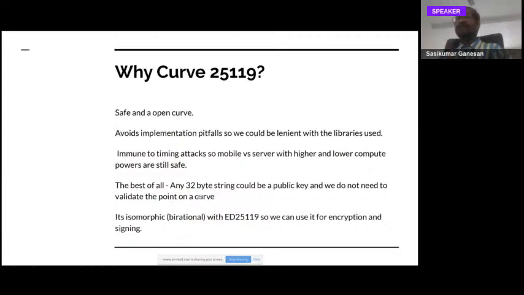And the other factor is there are also quite a lot of curves in ECC. Unlike RSA, ECC has cryptography specific curves, signature specific curves and implementations. In this case, we have a single curve which can satisfy both of it, because it's birational in reality, which is very similar to the word isomorphic in the sense that you could